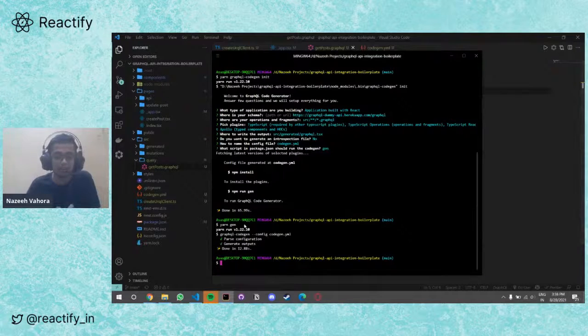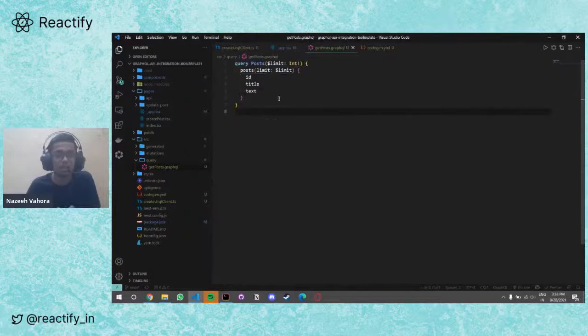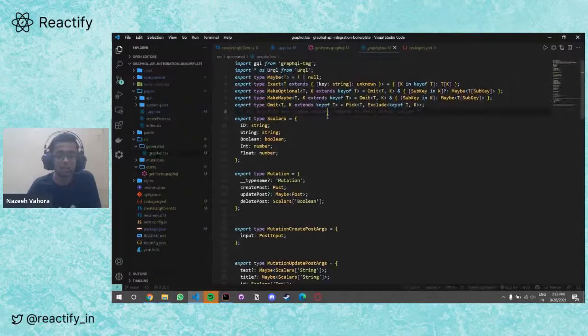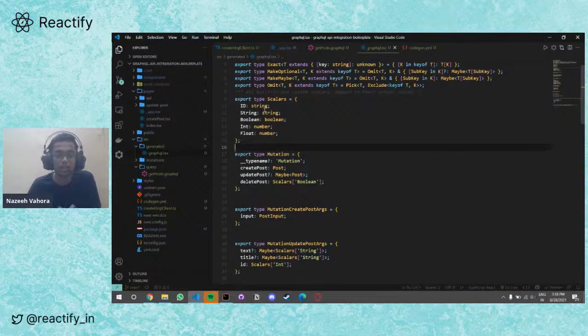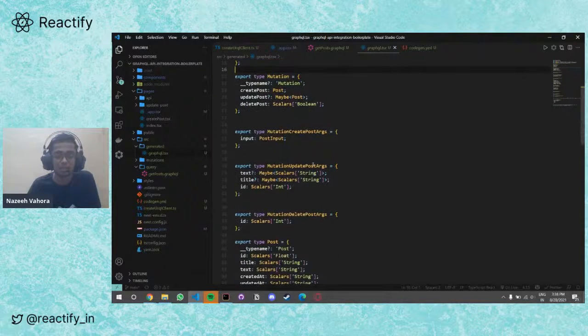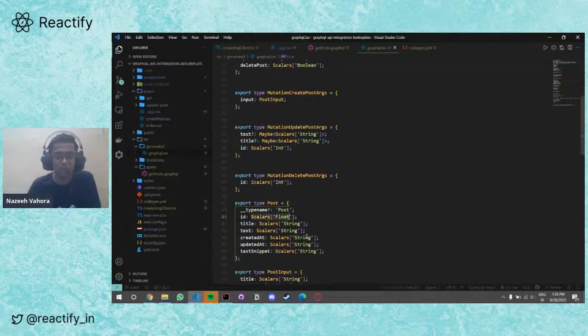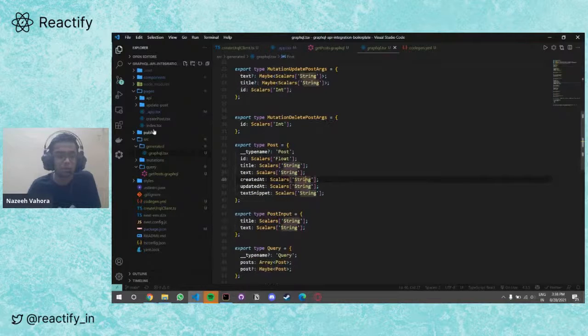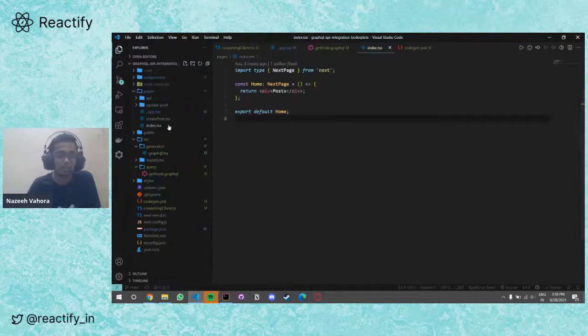It has generated the TypeScript typings for this getPost query, and it has created the output in this file, generated/graphql.tsx, with all the TypeScript types. You can see it has all the TypeScript typings. So we have our GraphQL query. So let's query it. I head on to my index.ts.